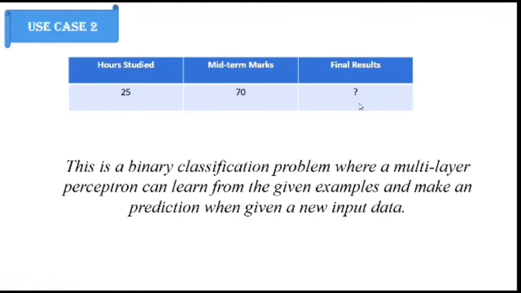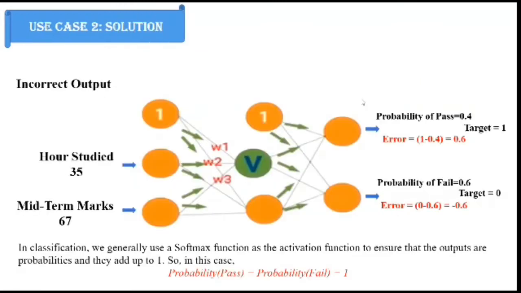And this is basically a binary classification problem, as the result will be either 1 or 0. So we'll solve this as a binary classification problem through a multi-layer perceptron. We understood what feed-forward propagation is before. In feed-forward, we start from the input layer, and these are sent to the hidden layer for processing, and the processed output is sent to the output layer. But that would not be our final solution.